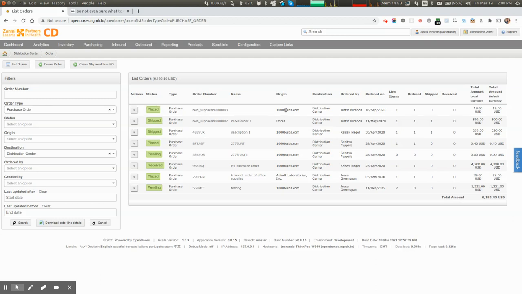maybe open boxes is used by, we place an order through an origin that is managed within open boxes. I can't think of a scenario where that would happen, but maybe a supplier was using open boxes and we could somehow handle that. It's not necessarily information that the supplier wants to be known, but I think those events could be pushed, I guess. But essentially what we have is order is pending, placed, and then it becomes shipped, and then it